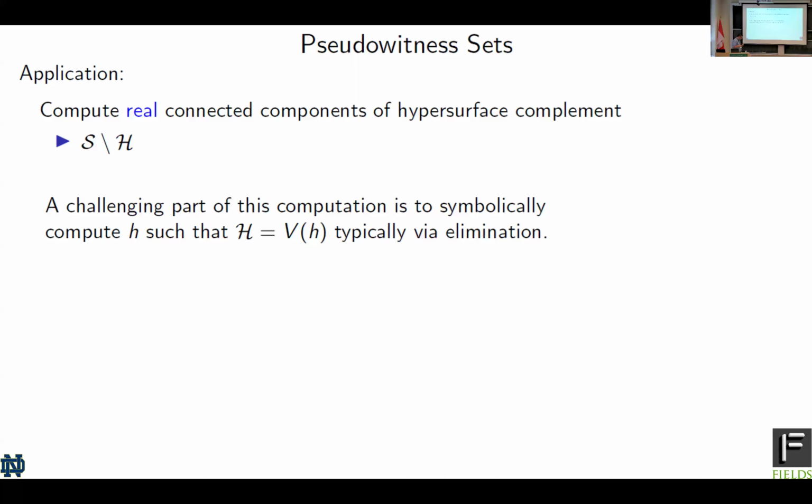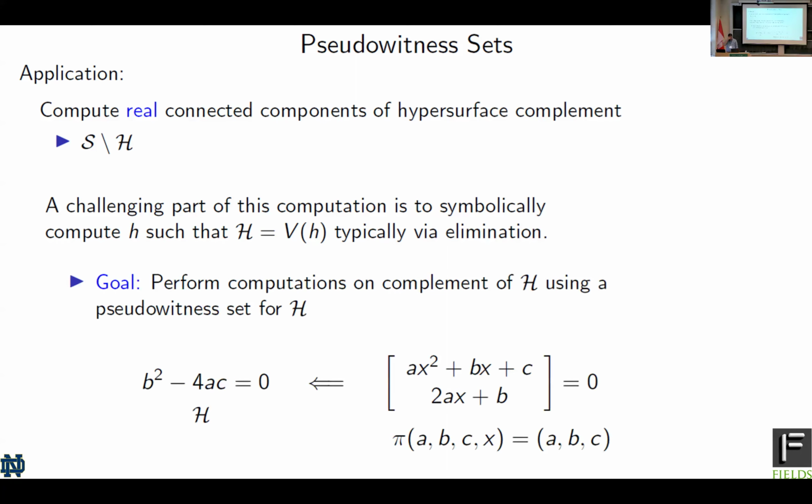So can we redo these computations with a witness set to avoid having to compute this polynomial? Of course, it's going to be challenging, but there are many smart people in our group. And so hopefully by the end of this week, we can perform computations on the complement of the hypersurface just using this pseudo-witness set. Of course, the quadratic discriminant arises from elimination,